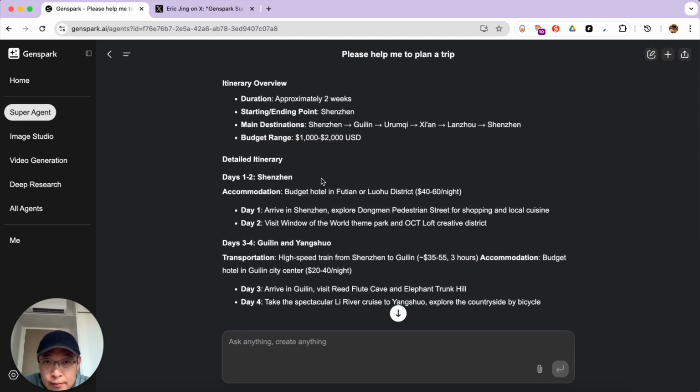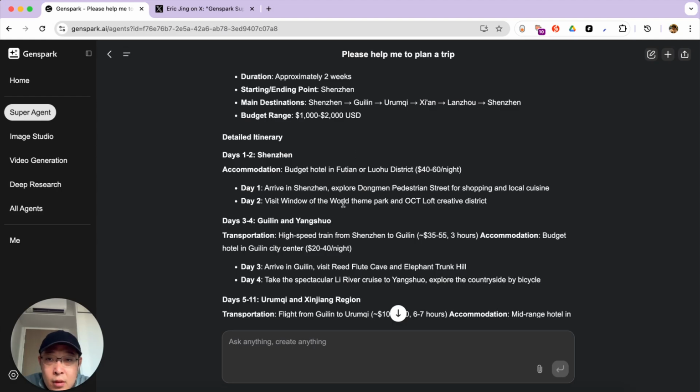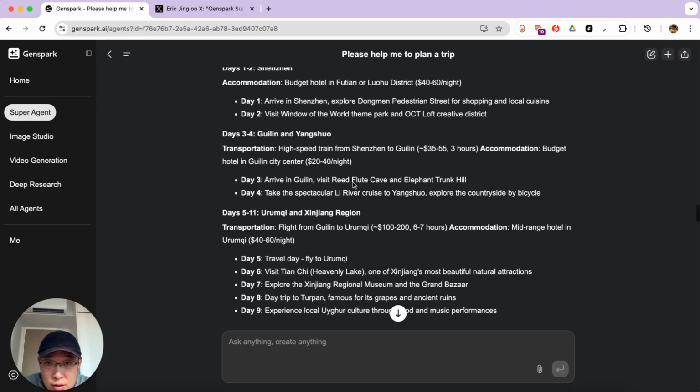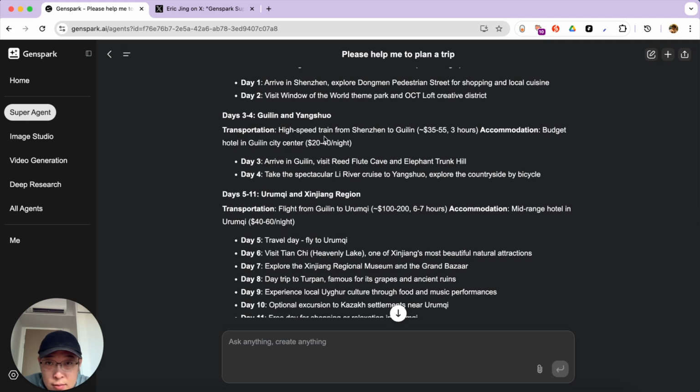Let's see. Xi'an, Lanzhou, Shenzhen. Okay. Budget hotels in Futian or Luohu district. Sounds like a good choice. High-speed train from Shenzhen to Guilin. Budget hotel in Guilin city center.